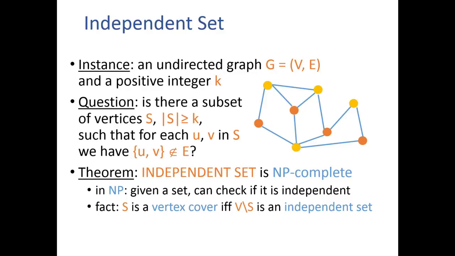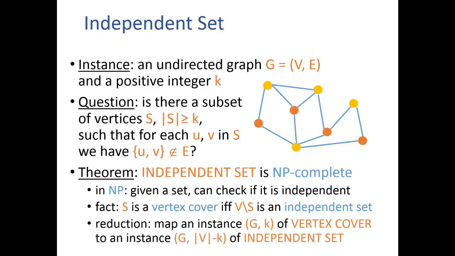And this elementary graph theoretic fact gives me a reduction. The reduction maps an instance of vertex cover to an instance of independent set by taking exactly the same graph and flipping the value of k. Why does that work? Well, if G has a vertex cover of size k, then its complement, which is of size n minus k, is an independent set. So yes instance goes to yes instance, and no instance goes to no instance, which we prove by